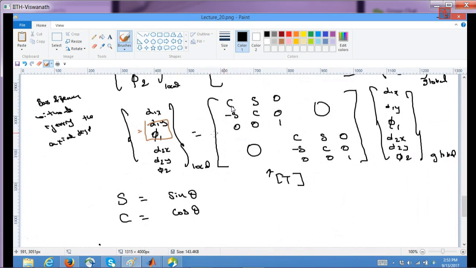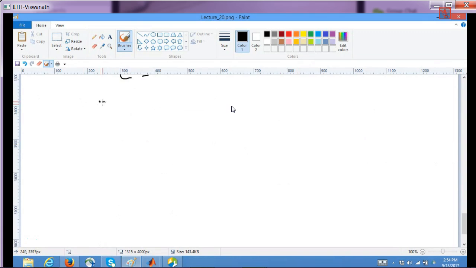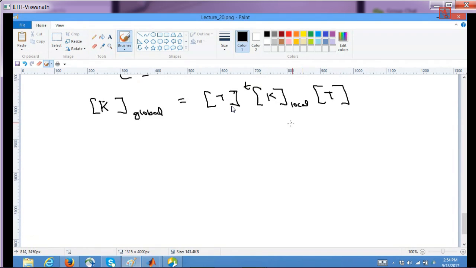So now the relation between k global and the local is given by, or you can write your transpose outside also, T transpose k local coordinate system times T, which is the same thing as for the pure beam element,